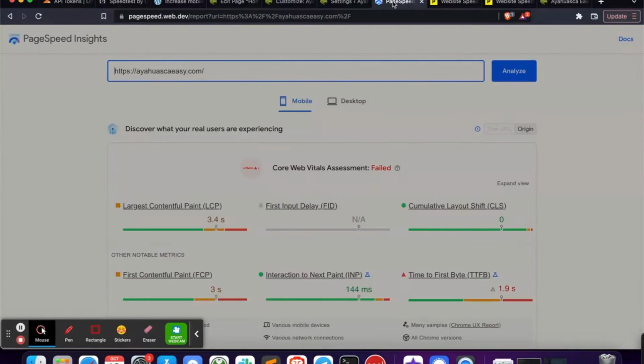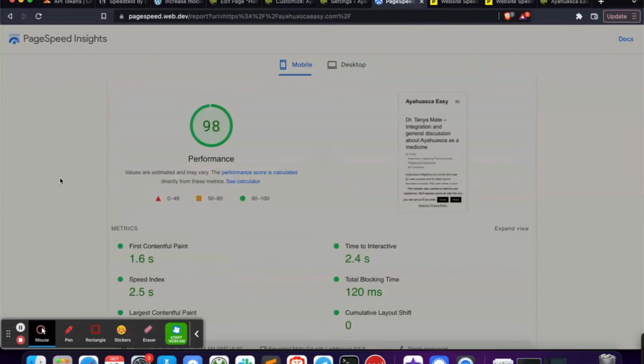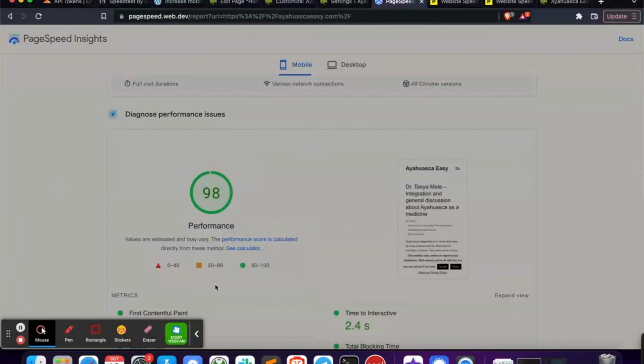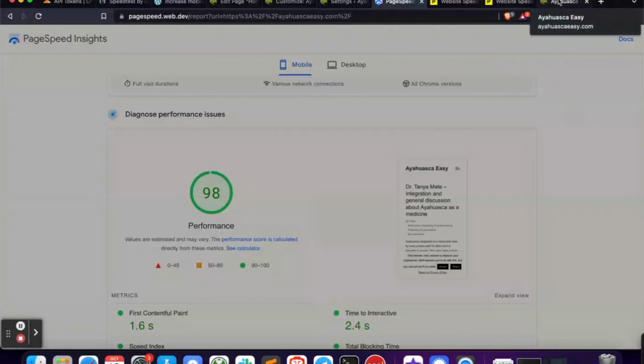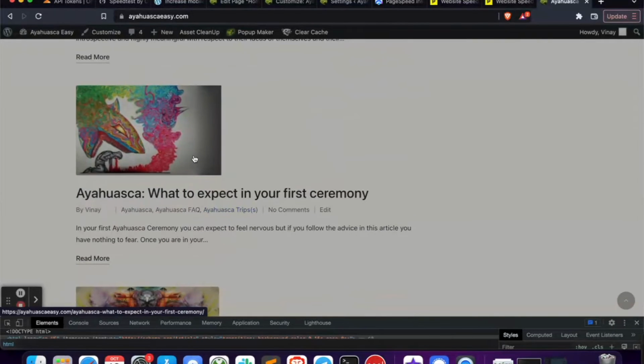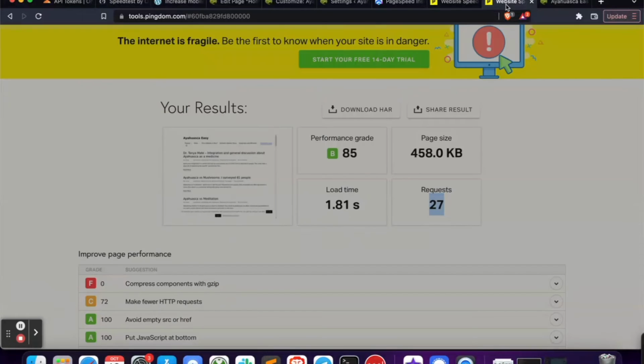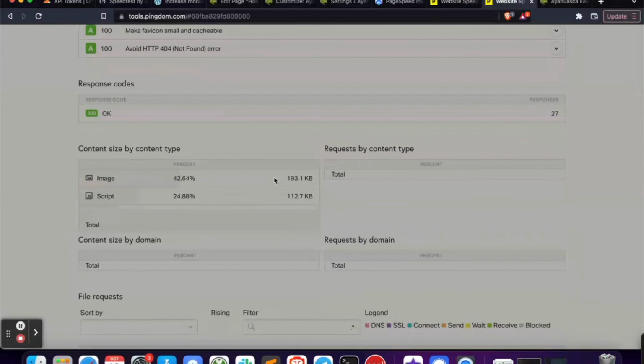So let's have a look at what this one's doing. Okay, so we're actually now getting a 98 out of 100 in performance. So I can tell now that I will go ahead and use this particular theme, and I suspect that I could get even better because I can go back to resizing the image and resize that even further, and I suspect that we could probably halve this amount here for images. So what I'm going to do for now is